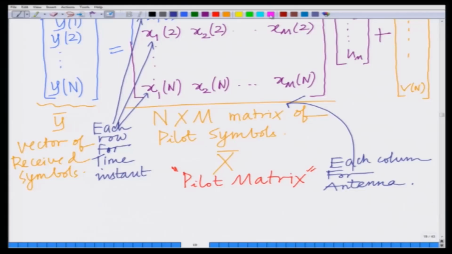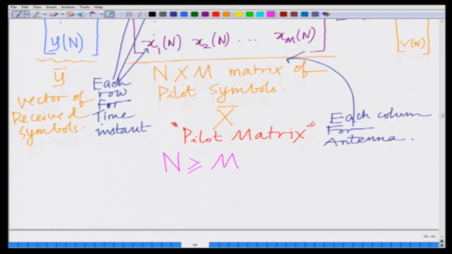So we have N pilot vectors, N pilot observations, and the number of transmitted pilot vectors has to be equal to or greater than M, where M is the number of unknown channel coefficients. So we have an N cross M pilot matrix where N is greater than or equal to M, and that is going to be the assumption going forward. Let me also write this down. Even though it is a subtle point, it is important: N is greater than or equal to M,